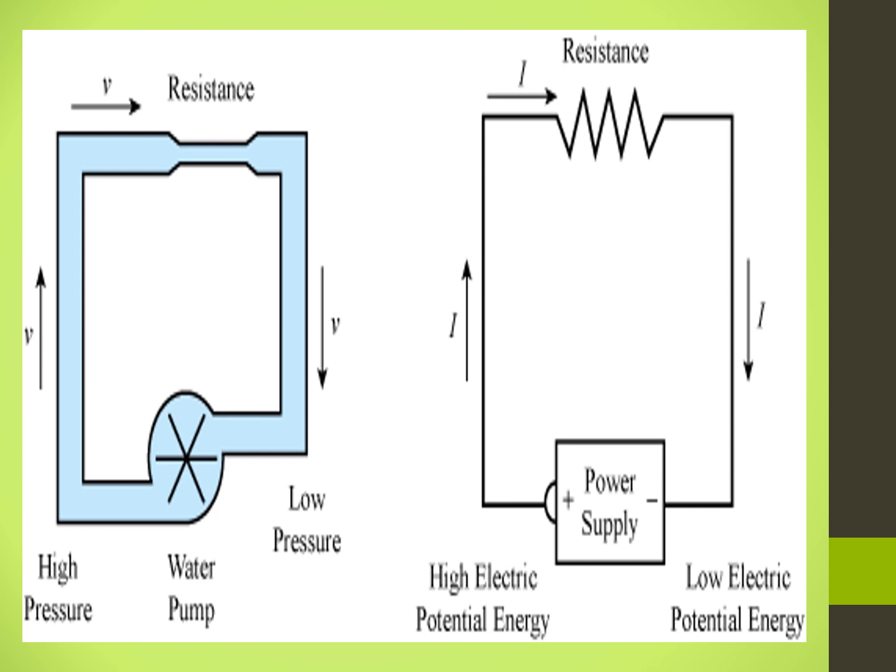It is full of free electrons. However, they are not moving in a particular direction. You need some force to push the electrons to move in a direction. The water pump and the battery are compared. Everybody see the picture. See the picture. It is a resistance pump. Okay, water pump.